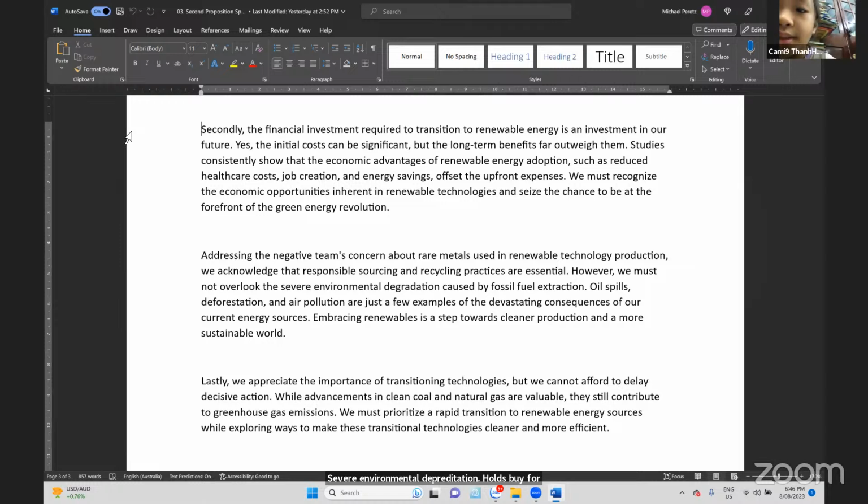Oil spills, deforestation, and air pollution are just a few examples of the devastating consequences of our current energy sources. Embracing renewables is a step toward cleaner production and a more